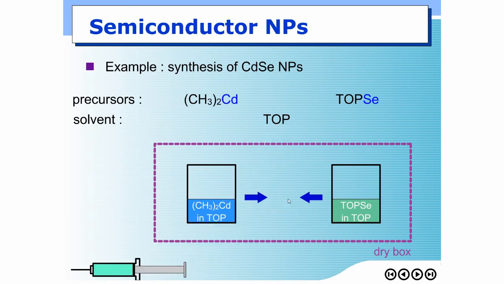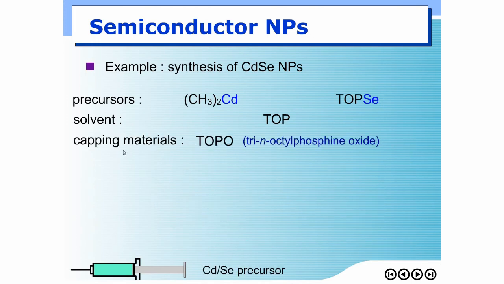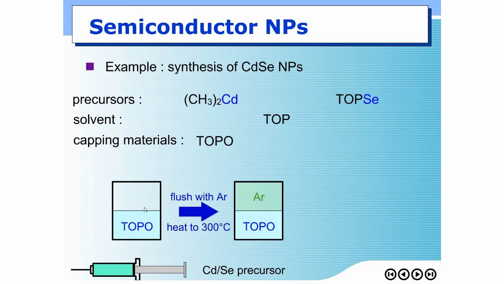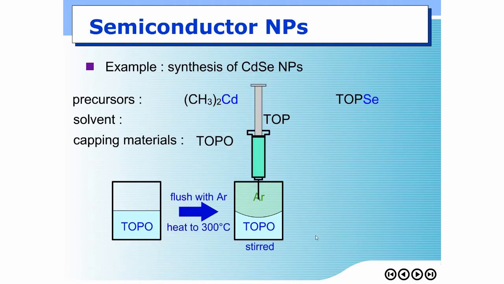Now if I keep this precursor aside and then prepare capping agent, which is another compound, lengthy compound. Put this capping agent in a beaker, flush with argon so that there is no oxygen in the system to prevent oxidation. Heat it up to 300 degrees Celsius. This is the temperature for the reaction. Alright? If I stir and then inject this mixed precursor into the system, like so,